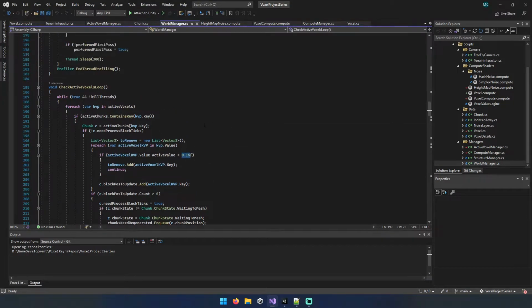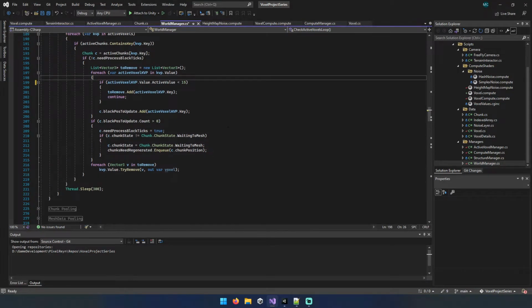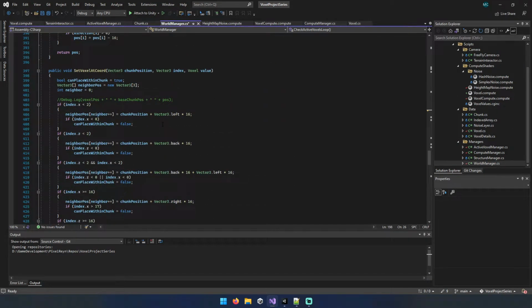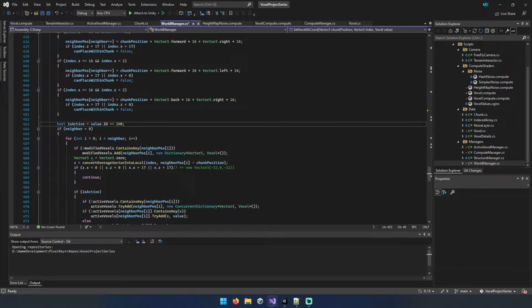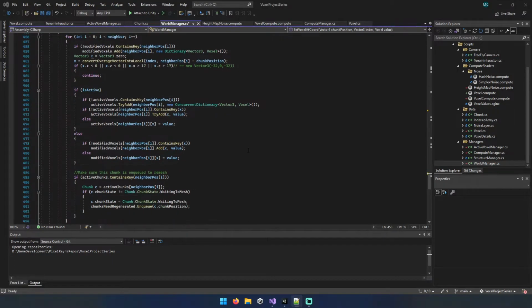So we'll just change this check during our check active voxels loop, where we're checking if the water has run out of steam, essentially, to verifying that it's below 15. And then we'll move on down just a little ways to our active check down here. And all we're going to do here is just verify that the active value is greater than 15, as well as the ID being at least 240. Otherwise, we want to treat it as, for all intents and purposes, a standard block